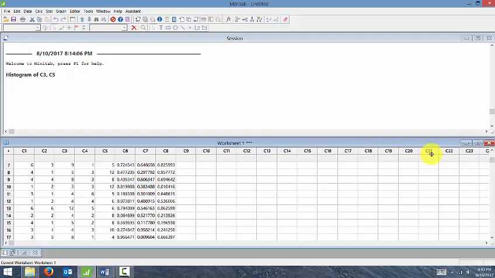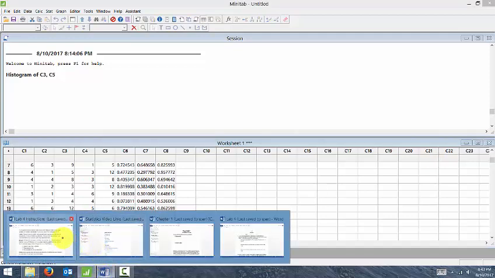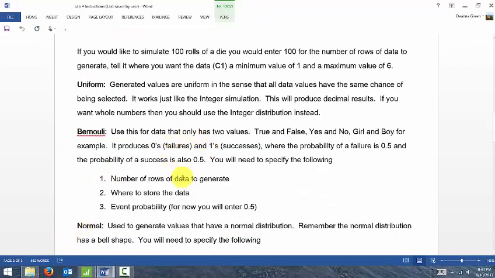And then we want Bernoulli, so I'll just go back to the instructions. So Bernoulli you want to use for things where there's only 2 different options, boy, girl, yes, no, things like that is where you would want to use the Bernoulli. So this will generate zeros and ones. Zeros are considered failures, ones are considered successes,